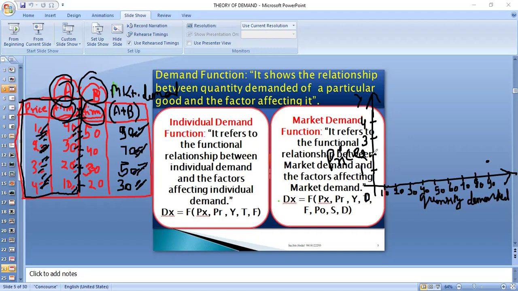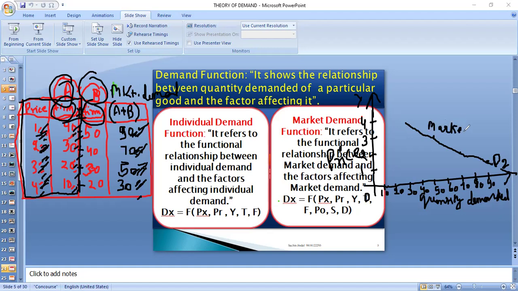70। तो प्राइस टू पर दिस इज 70। सिमिलरली प्राइस थ्री पर द मार्केट डिमांड इज 50। तो प्राइस थ्री पर we are drawing a point at 50, and then we are taking a point at price 4, that is 30। After joining these points, the curve that you are getting is called the market demand curve।